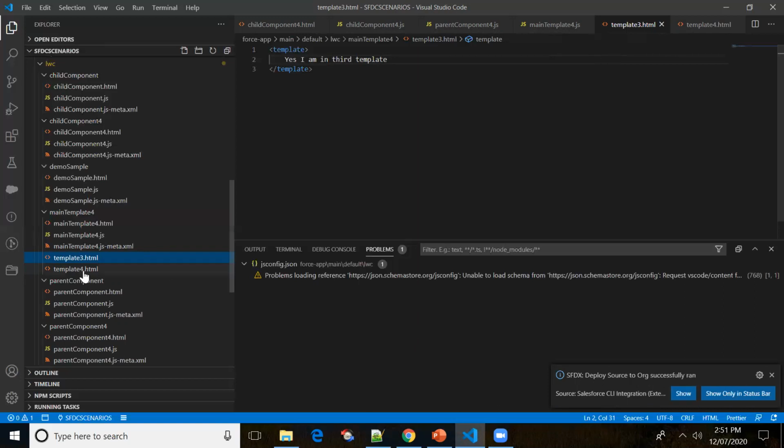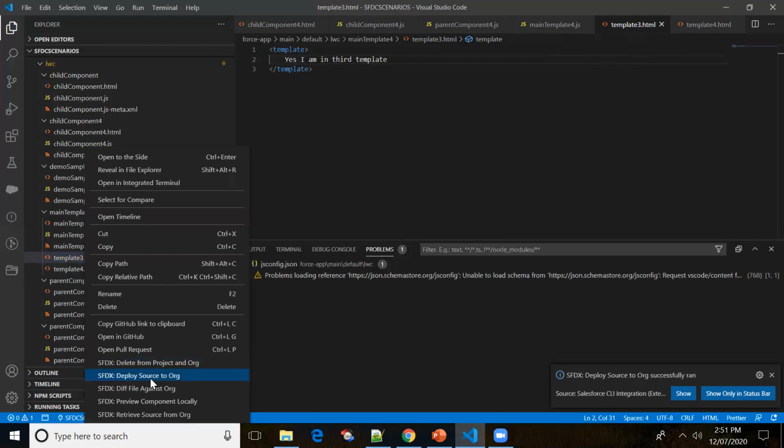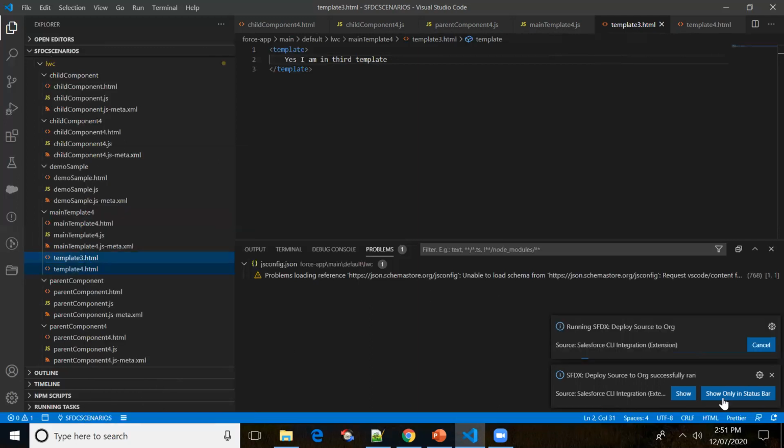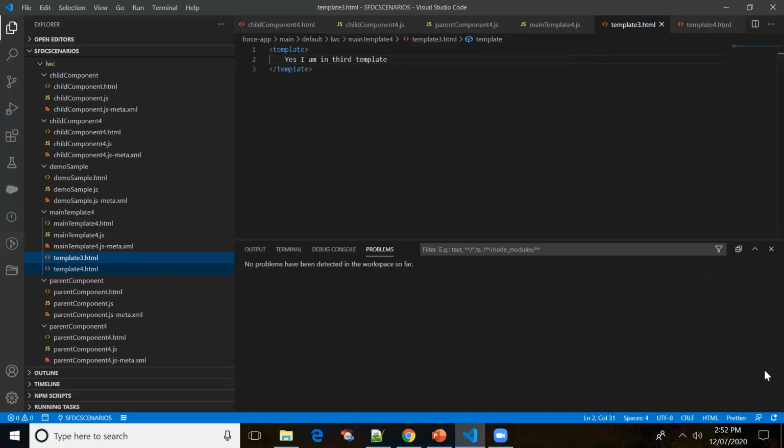Let me push template 4 as well. We are successfully able to deploy the code to the source org.